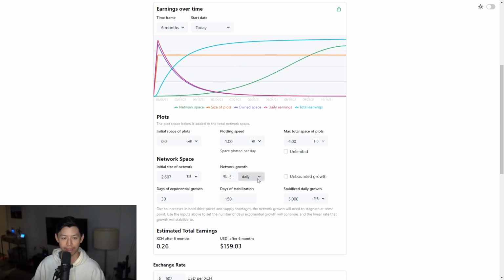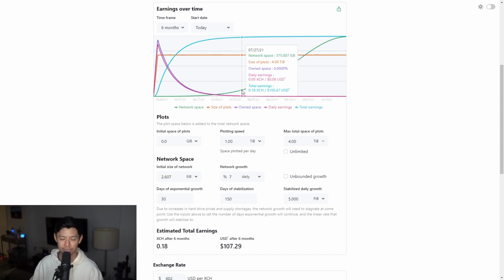It's like growing like 5% or something daily. Because yesterday we were at like 2.2 exabytes, and now we're like 2.6. That's like 10%, I think. So we'll just say like 7% right now. And this is gonna keep growing really fast, rapidly for a while. And I don't know what we're gonna hit, but let's just say it grows really fast for,